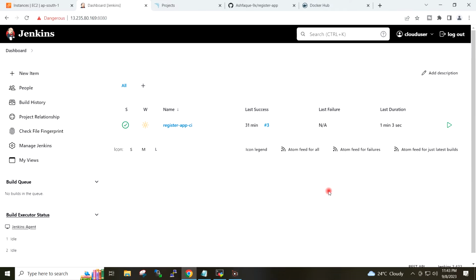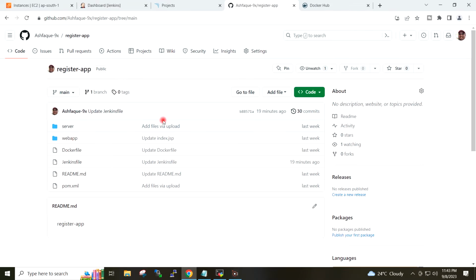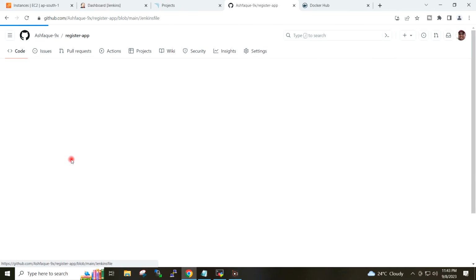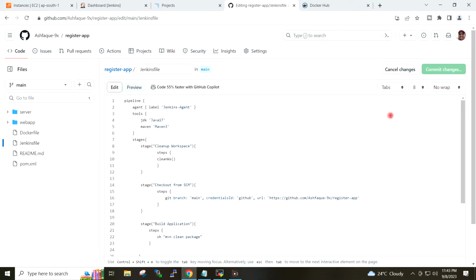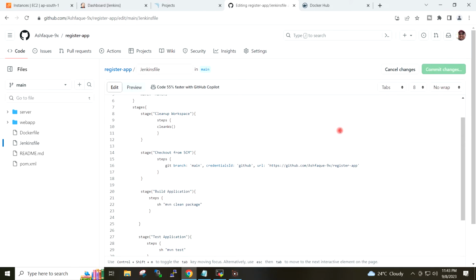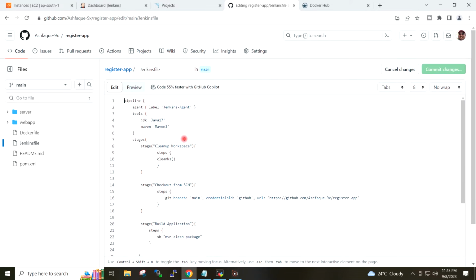I need to now define the variables in my pipeline script. So on my GitHub repository, I will open the Jenkins file. I will go to edit and here I will add the environment variables.